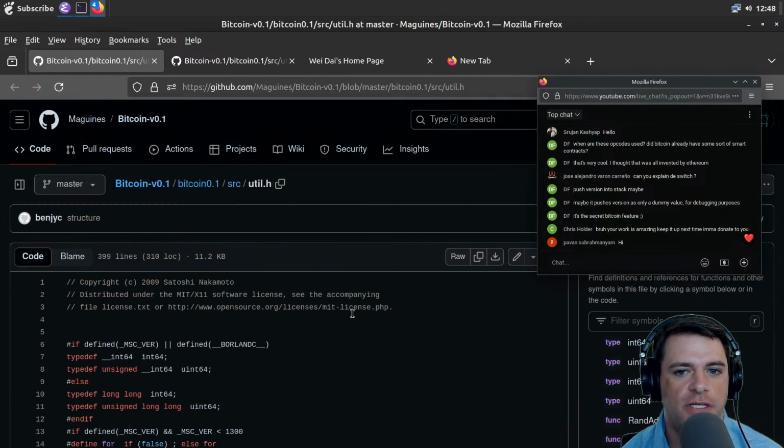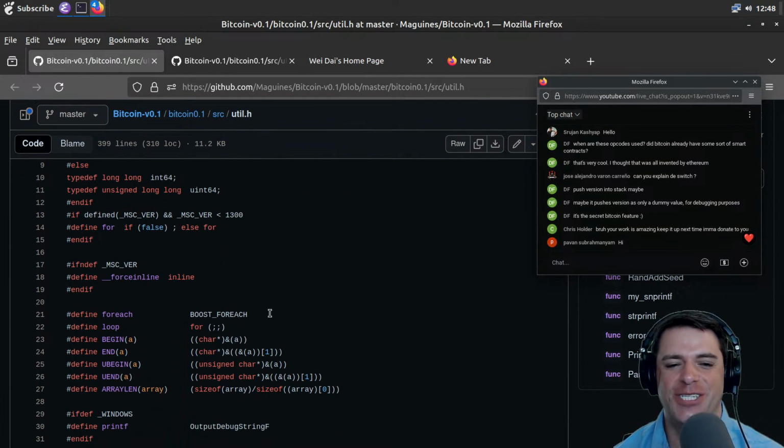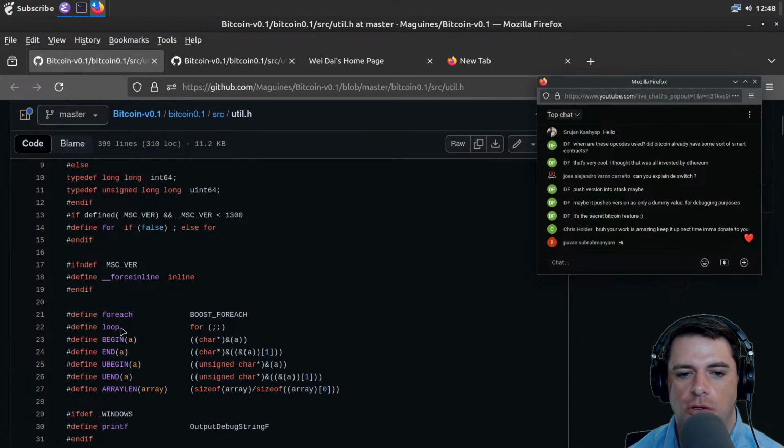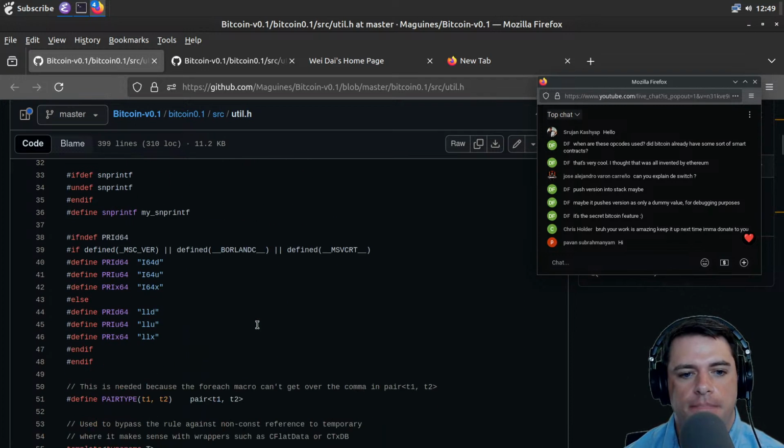Here's uint256.h. We already saw that, although we didn't really understand it. I'm just going to move on. Here's util.h. And this is just some stuff like foreach. We saw foreach used a bunch of times. We saw a loop, which is just a for loop with, I don't know what the official names for these parts of the for loop are, but essentially they're kind of like initialization, guard, and